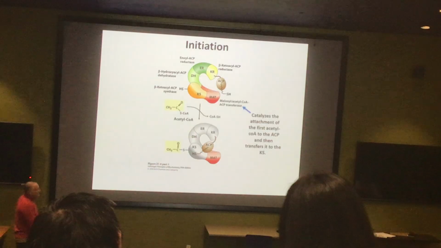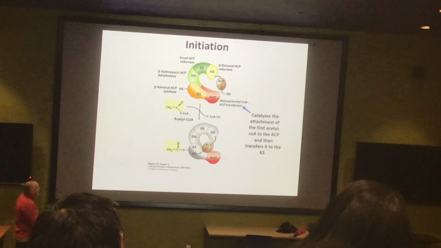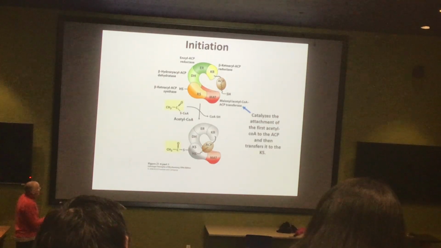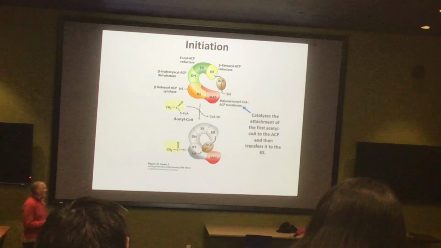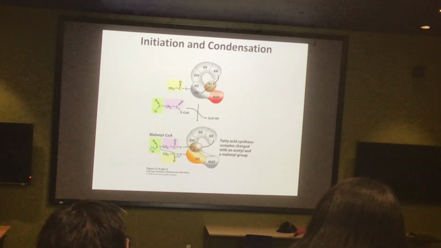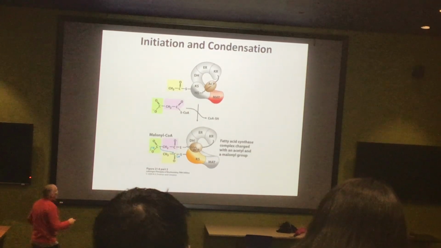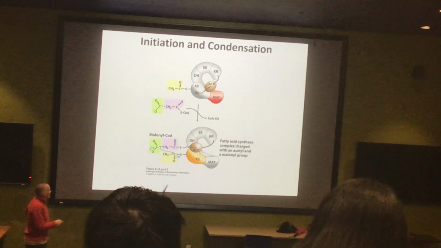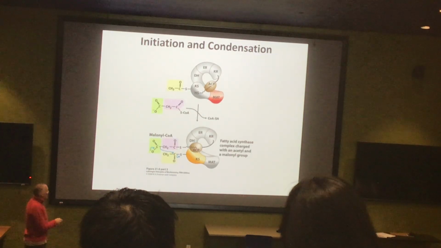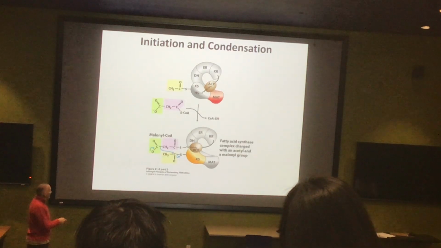This sulfur is not just hanging out in space, it is part of the KS domain. So it's a thioester. We went from acetyl-CoA to ACP, and then ACP moved it over to the KS domain. So now we have the two carbons attached. Of course, we need more carbons, right? We need additional carbons. So now we're going to transfer malonyl-CoA to the ACP domain. It's not going anywhere. It's on the ACP domain, right? The KS domain is already full.